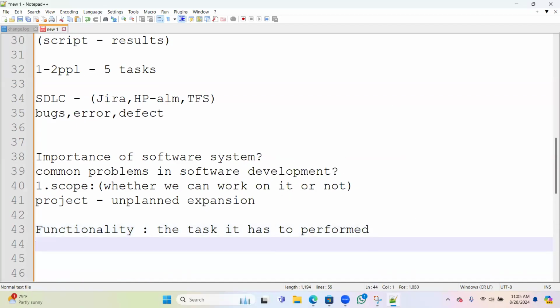For example, let's take a bank. I think everyone uses UPI, a bank transfer. What is the functionality of this UPI?